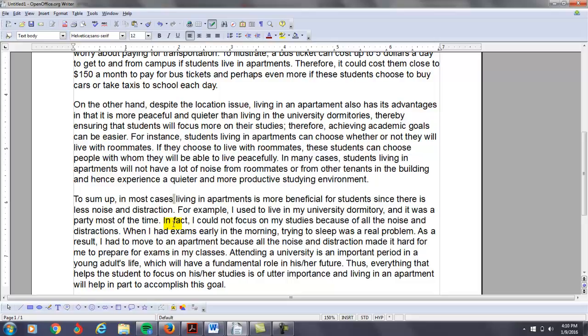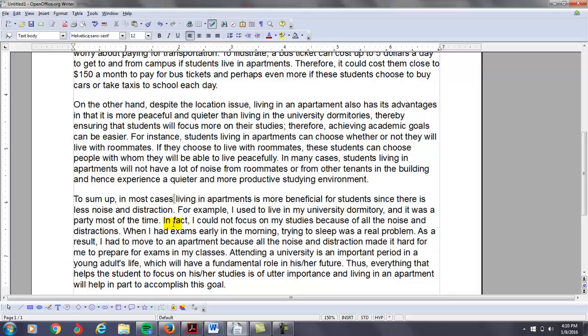When I had exams early in the morning, trying to sleep was a real problem. As a result, I had to move to an apartment because all the noise and distraction made it hard for me to prepare for my exams and my classes. Attending a university is an important period in young adult